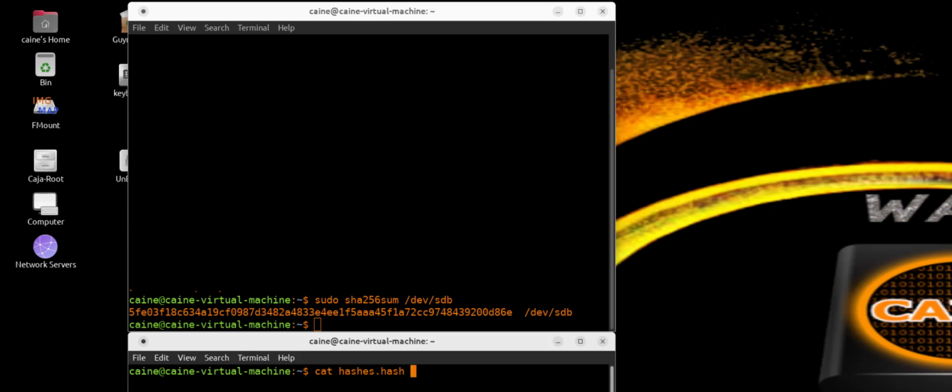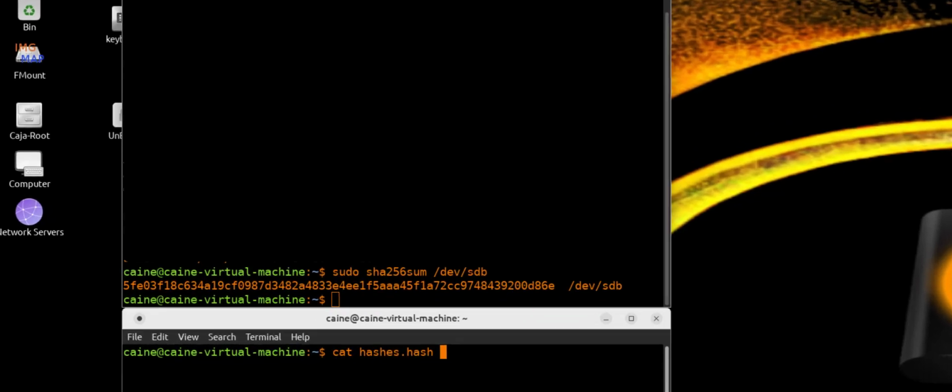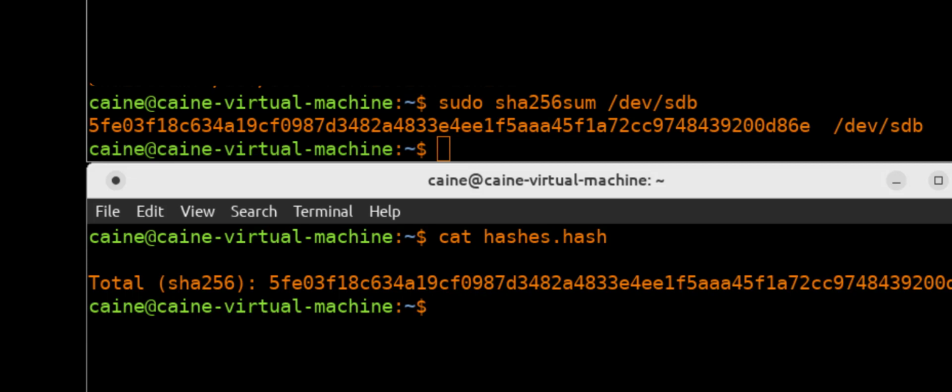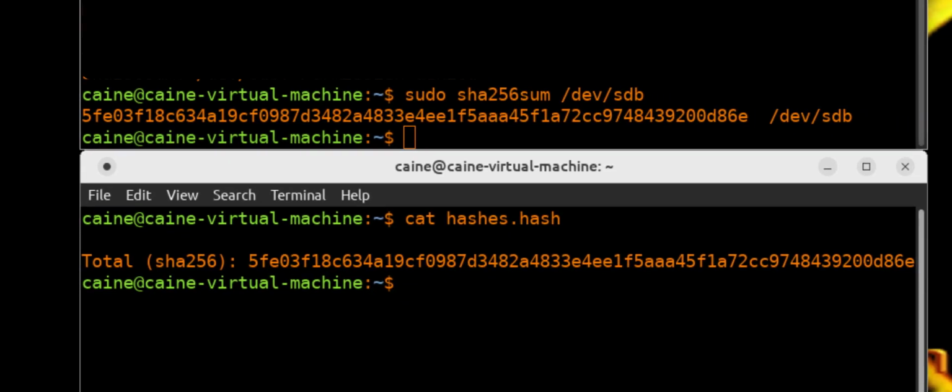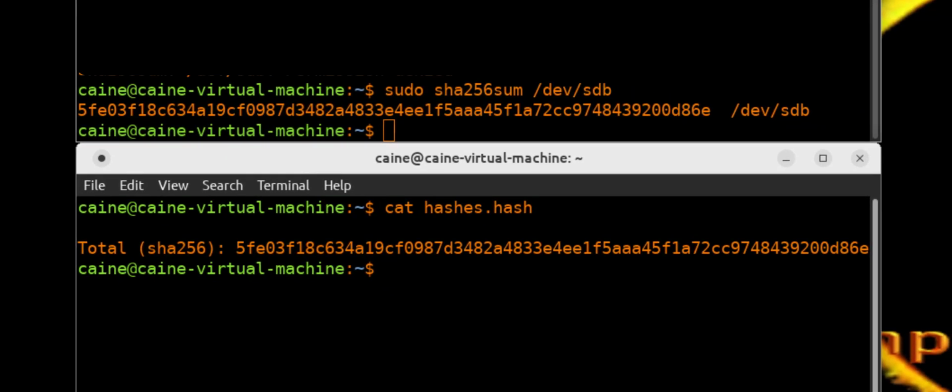All right, let's see. Okay, so I can see the previous hash for my image's hash was 5FE03, 0D86E. So through this process, we were able to do the imaging through dcfldd, calculate the hash at the same time, save it to a file,